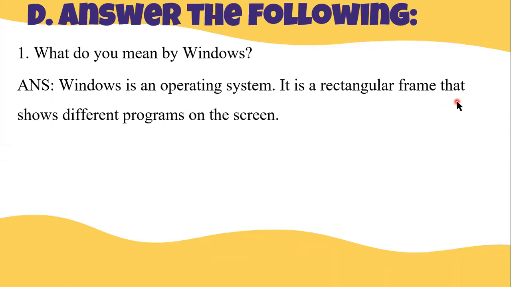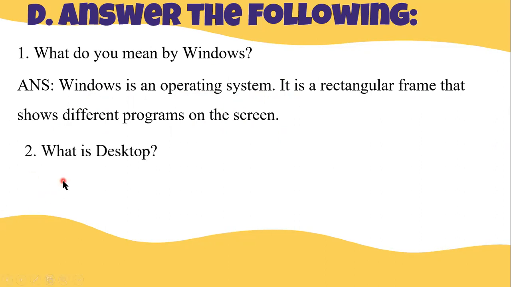It is a rectangular frame that shows different programs on the screen. Okay. So Windows is an operating system. It is a rectangular frame that shows different programs on the screen. Okay, students? Shall we see the next question? The next question is, what is desktop?